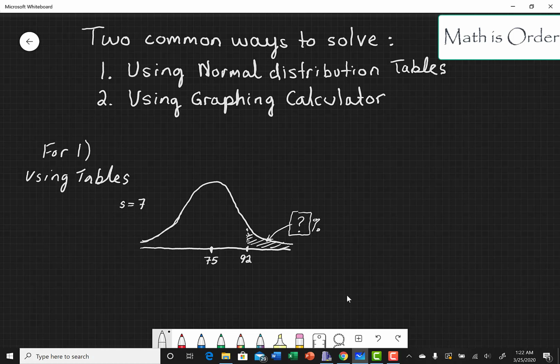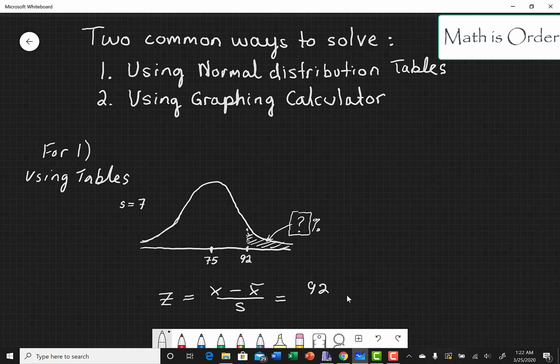A z-score is a quantity you will need to use the tables if you're given a data value. The z-score is found from this formula, z equals x minus x bar over s. When we substitute our values into this formula, we're going to have